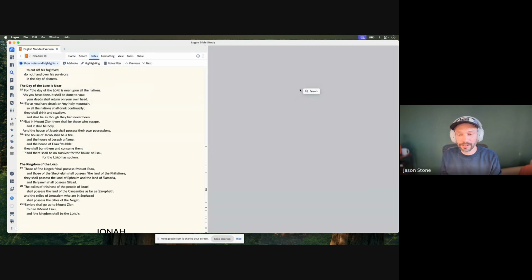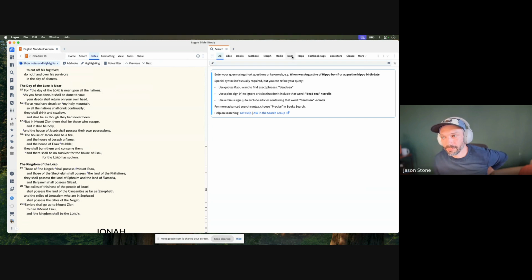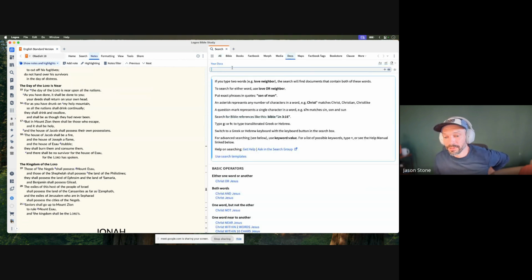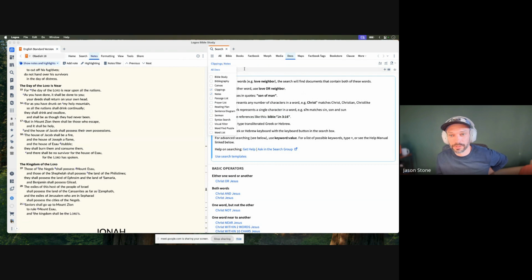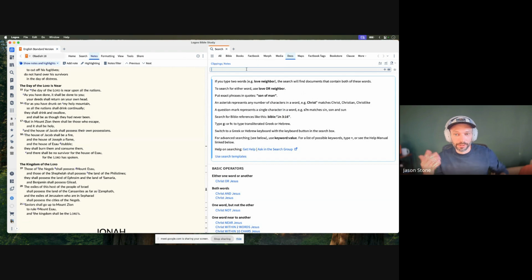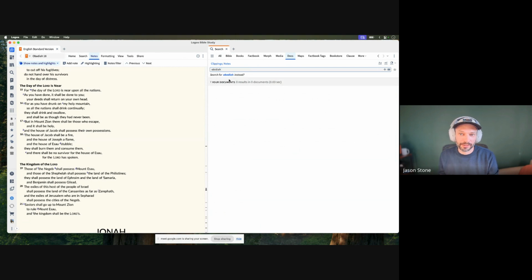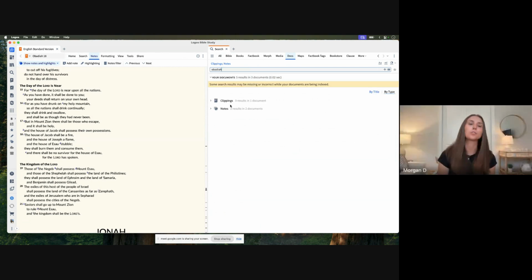But either way, something else that comes to mind for both of them is you could search them. If you wanted to search your clippings or your notes, you could do either one. I don't think there's a better option between notes and clippings. I just wanted to also mention that you could go back and search them. Yeah, that's great. And then a question on using the two of them.